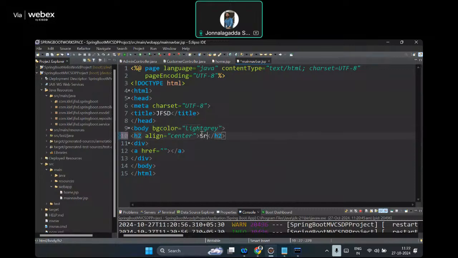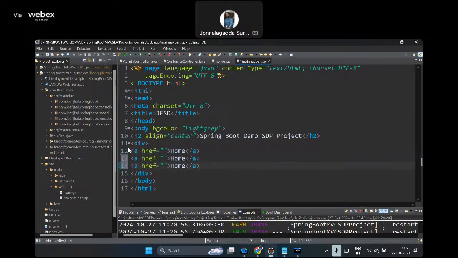So Spring Boot demo SDP, Spring Boot demo SDP project. You can name the project with any other name like course management or customer management, whatever it is. Then the first one is home,